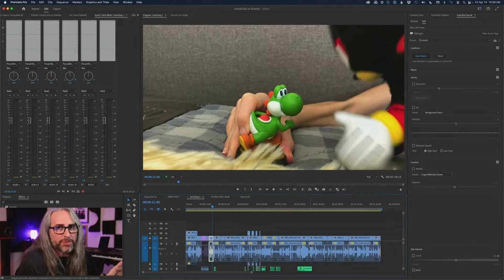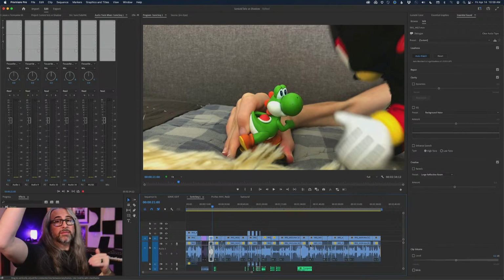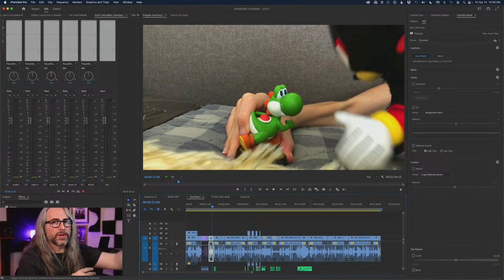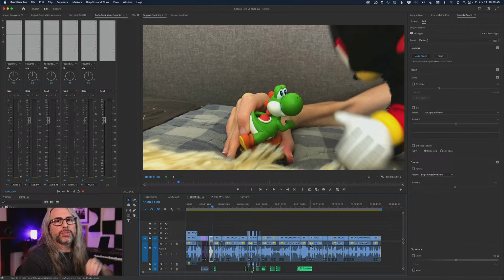If you have multiple people speaking where the levels are very, very different, that's where this becomes even more useful. When it's the same person, unless it's a mixture of ADR and different performances in different locations, maybe different microphones, the changes may be a little less obvious, or in this case, it just made everything noticeably louder. Maybe I didn't necessarily need that. So I'm giving you both sides of this because there are times where maybe you don't need to use auto match